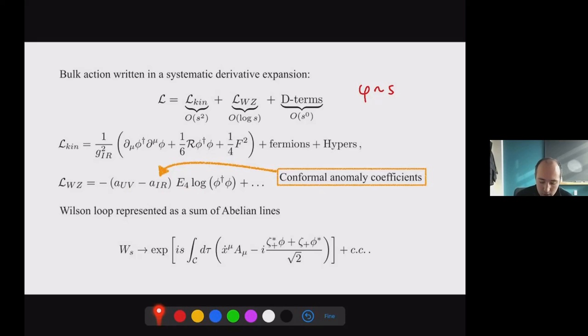Another important point is that only the kinetic term and the Wess-Zumino term are F terms. So only these terms contribute to supersymmetric observables, like the expectation value of the half BPS loops. All the other terms are D terms, so they won't contribute to supersymmetric observables, but they will be important for non-supersymmetric observables that you can also compute. So like a correlation function of a long multiplet in the presence of the line is a non-supersymmetric observable, for instance, and you can compute it. The Wilson loop is obviously represented in the obvious way.